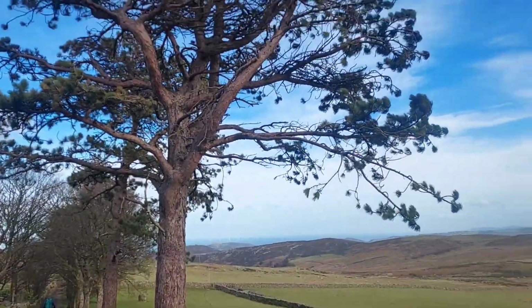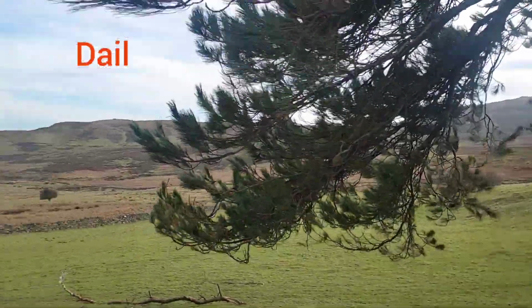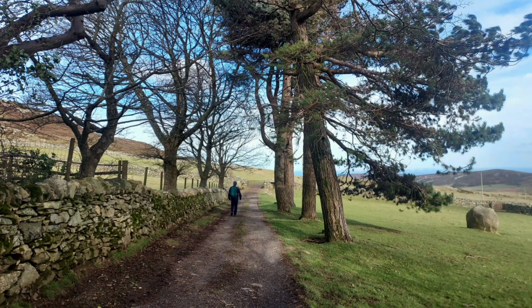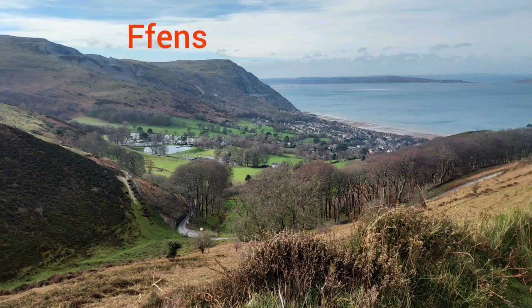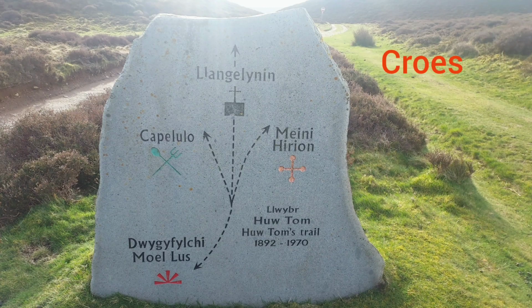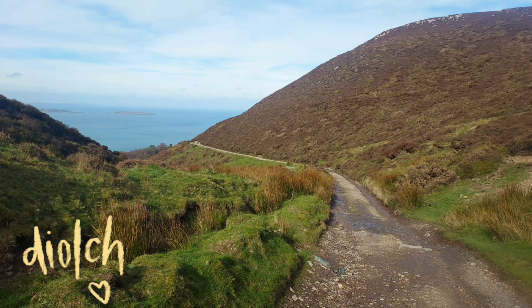Tree again is coeden. And leaves is dail. Wall is wal, fence is fens, and sea is môr. Cross is croes. So we'll leave it there for today from Meini Hirion, that's DRUID Circle in Welsh, and we'll say ta-ta for now,